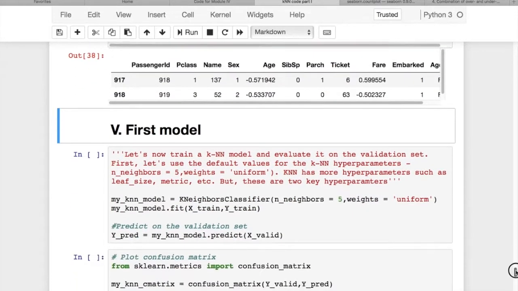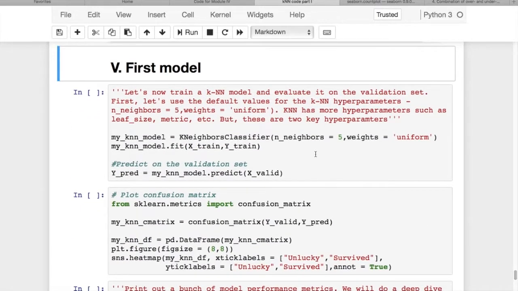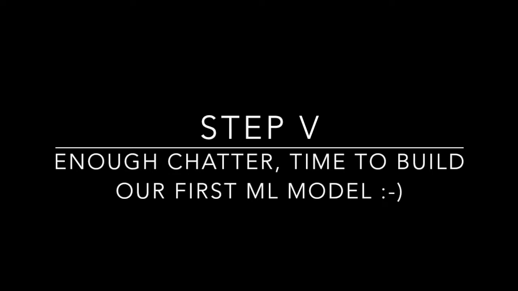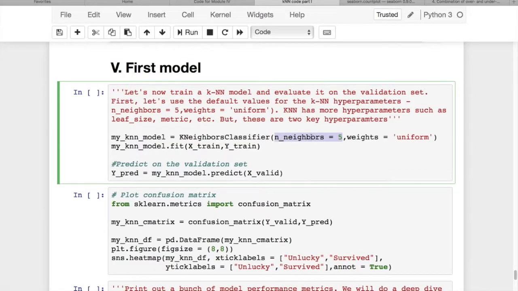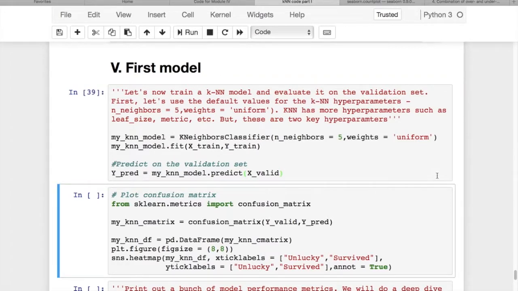And I am excited because we are going to build our first model. Number of neighbors: this is the value of k we have been talking about. And this is another hyperparameter. There are at least 3 or 4 more hyperparameters, but we are only going to try to tune just one of these hyperparameters in this video, okay? And this is how it's done. I'm going to hit run,